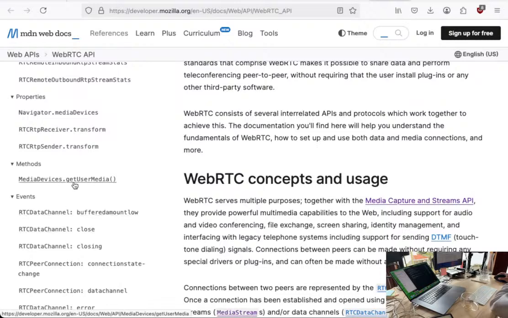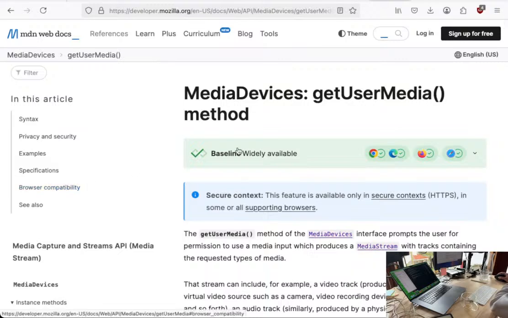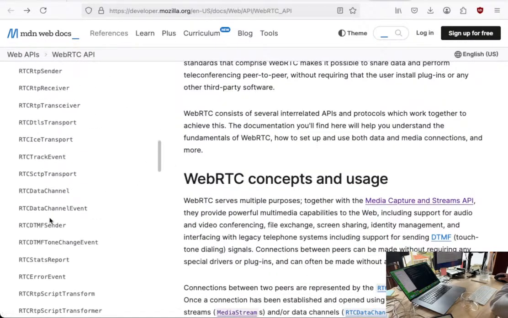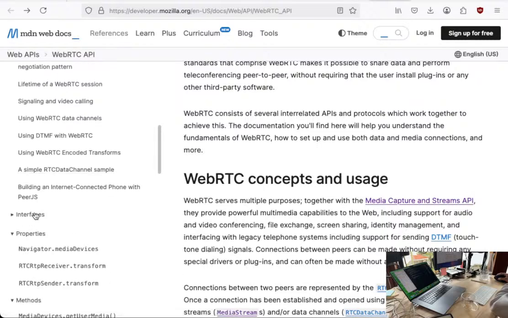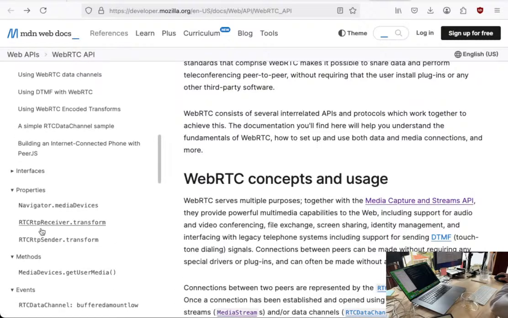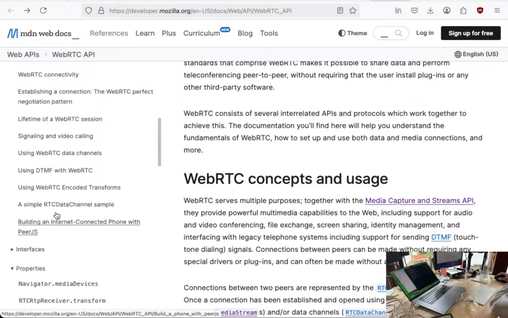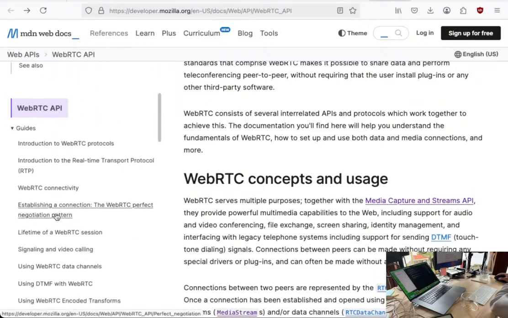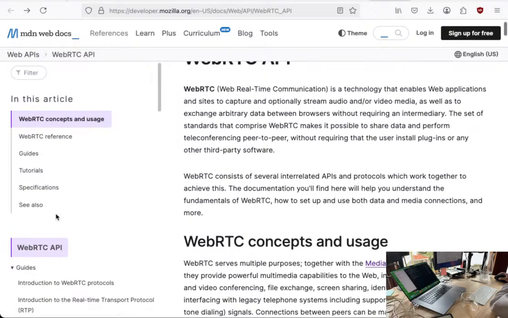Okay, but you have getUserMedia here. MediaDevices, getUserMedia, so this is all interfaces. Then I have MediaDevices. That is very important for this API. Alright, so